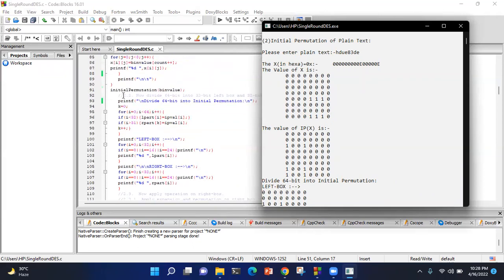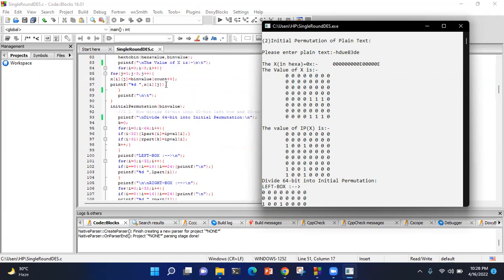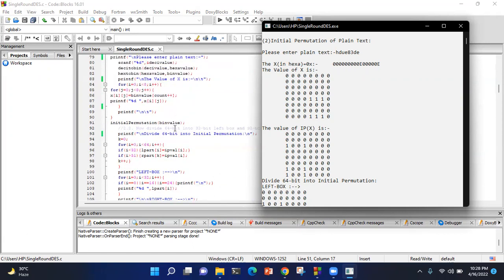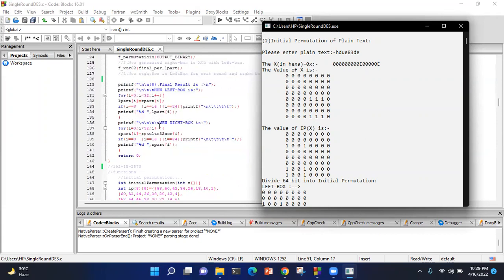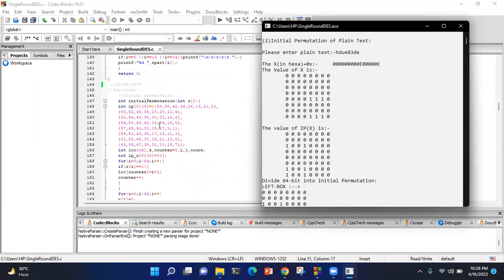And after that, I have called the initial permutation function here and passed the bin value, which I have scanned from the user. Its operation is in the middle of the code actually. It stores the value into the x,